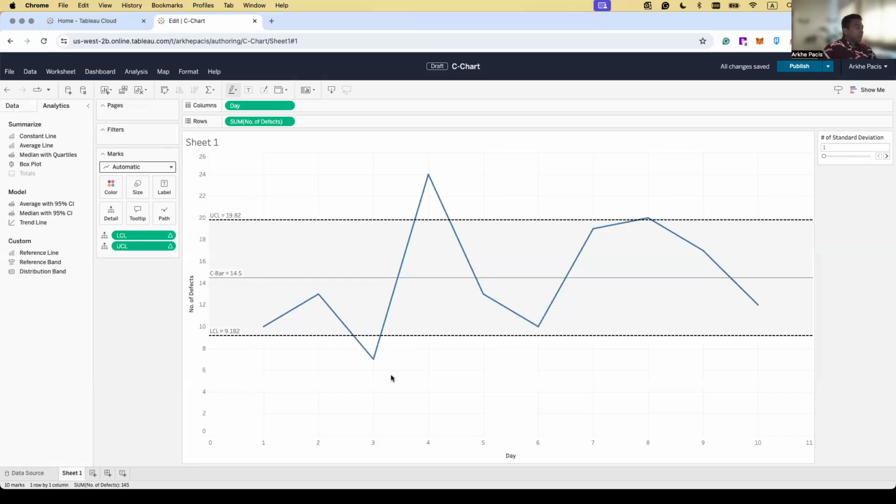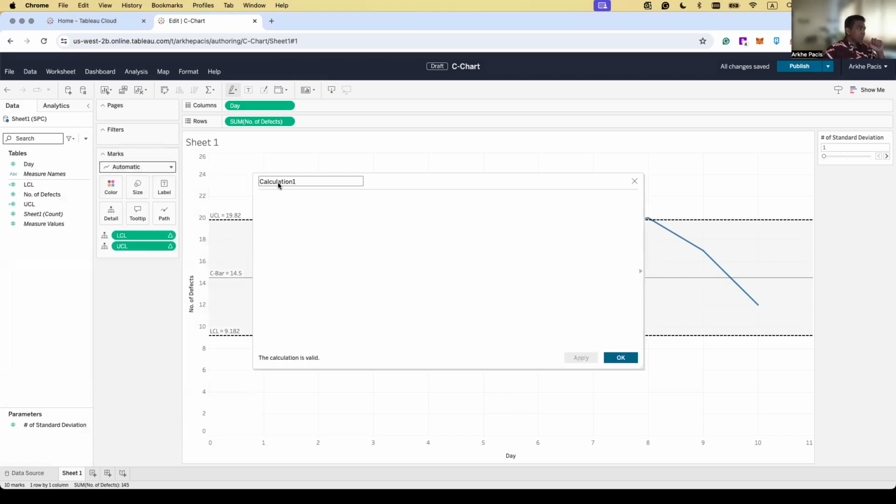But I wanna show, because right now there's no indication of how we identify this. It's kind of hard. The point is it's not giving us an emphasis, and you won't be able to identify it right away by looking at it. The purpose of visualization is to actually see it right away. How many days out of the 10 days are out of control, with the number of defects. So what we're gonna do is I'm gonna create another